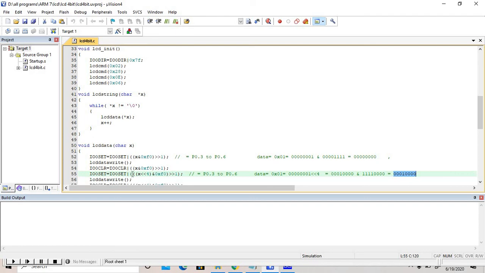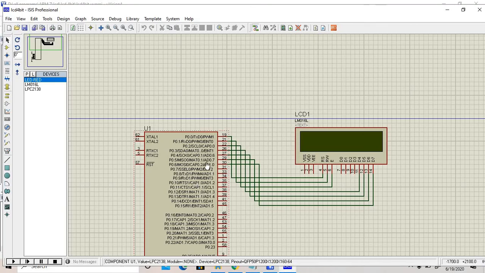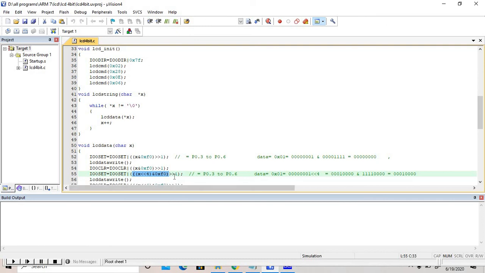The whole condition, this code, is 00000001. But you have to shift by 1 because we work on 0.3 to 0.6. This operation is for 0.4 to 0.7, but our data lines are connected with 0.3 to 0.6. In that case, we have to perform one left shift operation also. Clear?